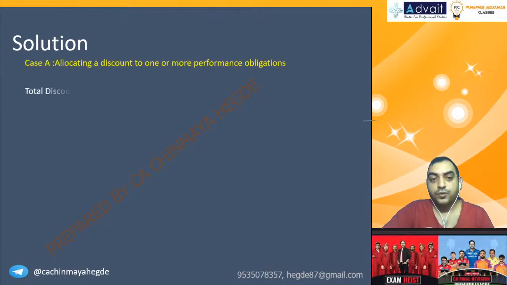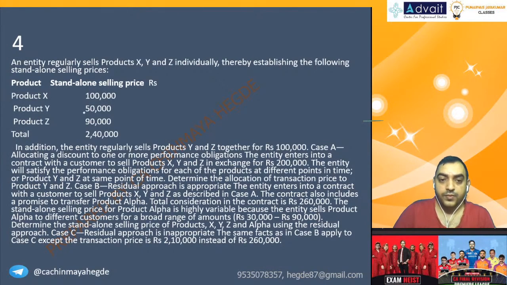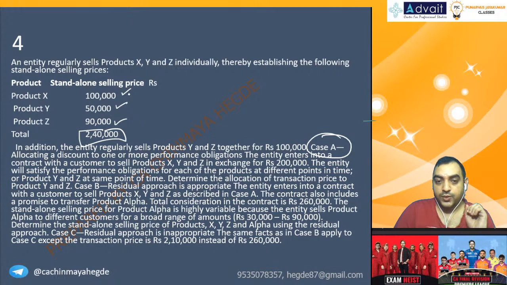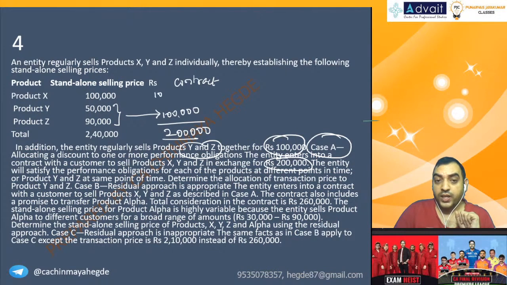Okay, first, what are the things you have? Case A, 1 lakh 50,000, 90,000, 2 lakh 40,000. And what you are selling for, the contract is you are selling for 2 lakh. And Y and Z together only you sell for 1 lakh. So whenever you sell Y and Z together, anyway you will give 1 lakh. Which means the balancing figure 1 lakh is for product X. In other words, 40,000 discount